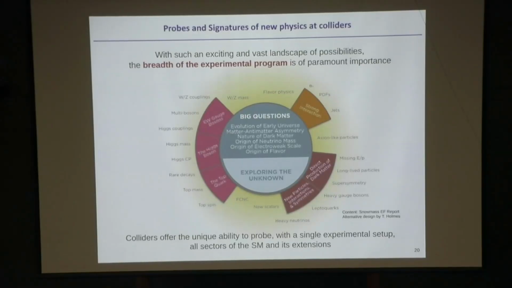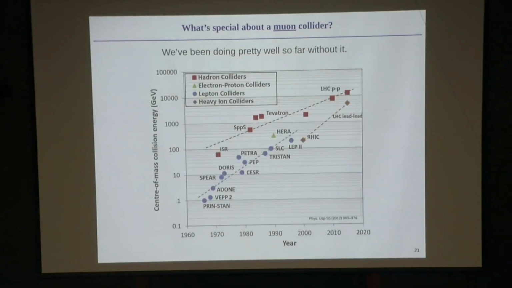Okay, so I talked so far a little bit about why we want high energy, why we want to probe rare phenomena. But I haven't really told you why you would want to build a Muon collider. In fact, so far we've been colliding mostly electrons and protons, okay? Not very fancy: this is what our atoms are made of, and plus they are electrically charged. And this has been going pretty well so far.